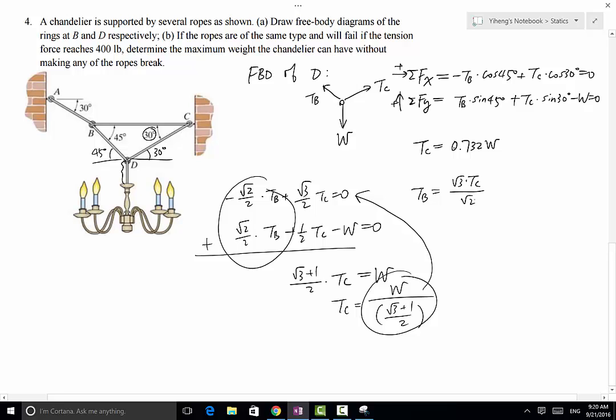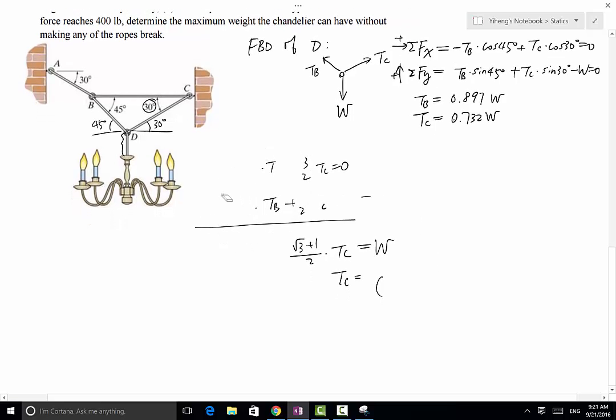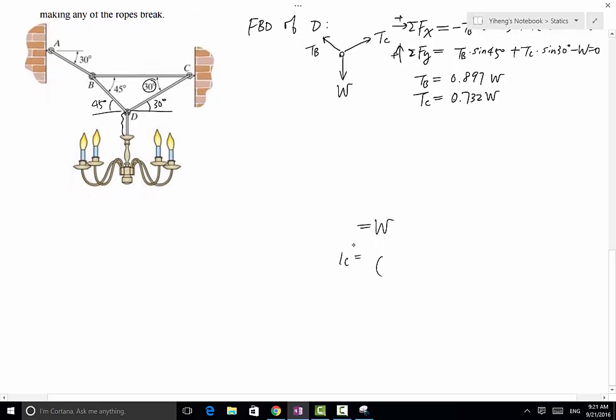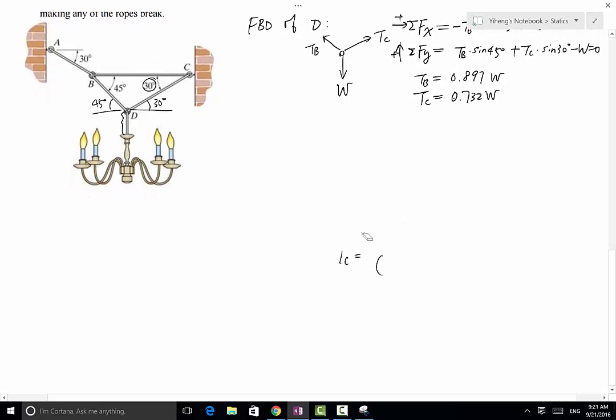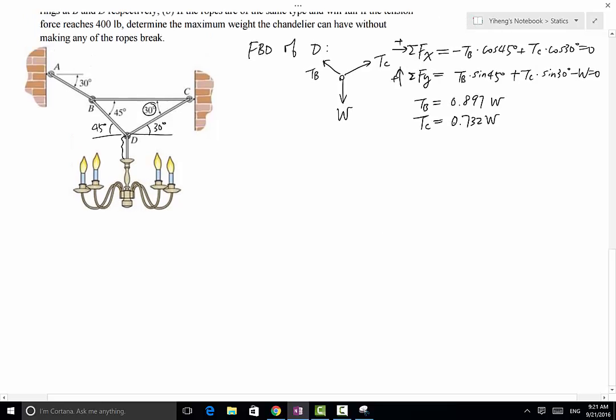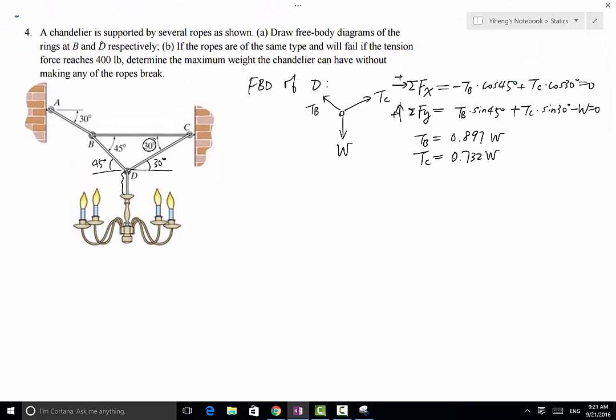So I can solve for TB as well, and TB equals 0.897 W. Of course, I understand that my job is not done, but I am going to use my TB and TC solution here in my second free body diagram of ring B,